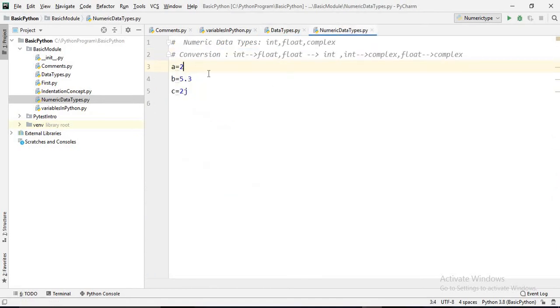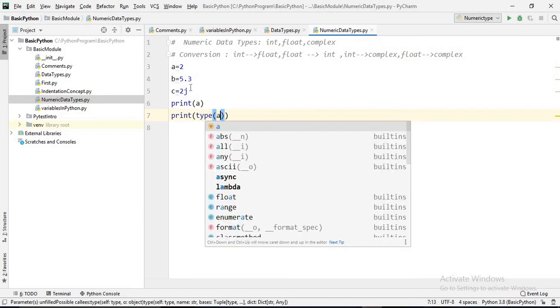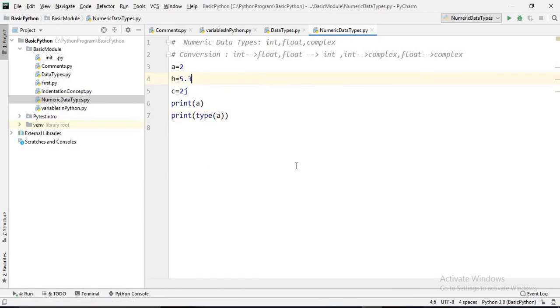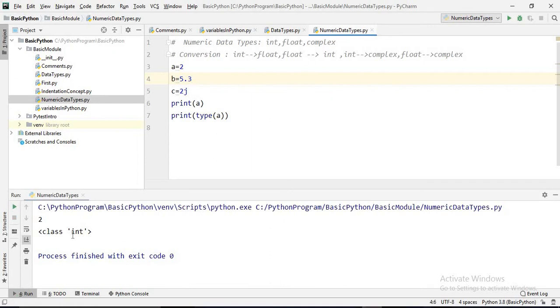If we assign an integer value, it will be treated by the Python interpreter as an integer. How can we verify? Just print a and print type of a. It will tell you the type is integer and the value is 2.